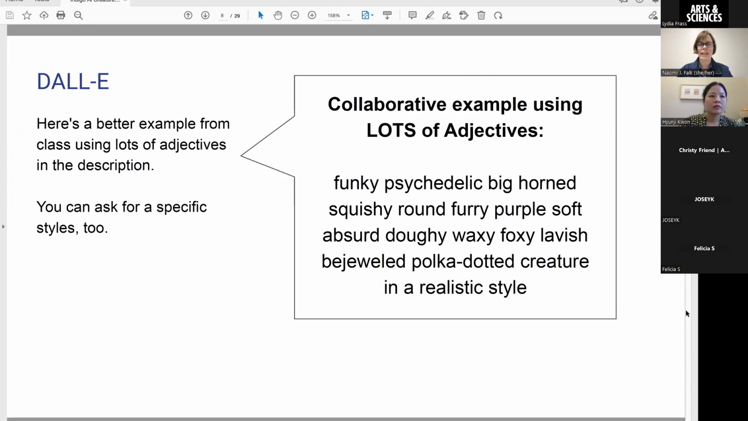We talked about this in class because the students had similar issues. Often we would get a mashup, like I would say, combine a horse and an octopus, and it would just put them next to each other. One of the students, I think, cracked the code. She said she tried lots of adjectives, so we did it as a class, and this is what everybody threw out as I was writing down words: funky, psychedelic, big horned, squishy, round, furry, purple, soft, absurd, doughy, waxy, foxy, lavish, bejeweled, polka dotted creature